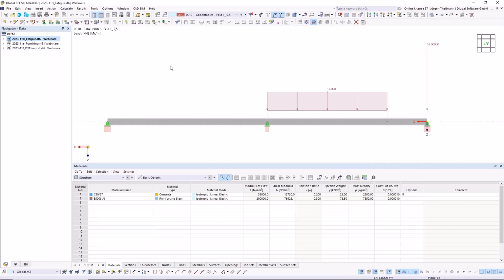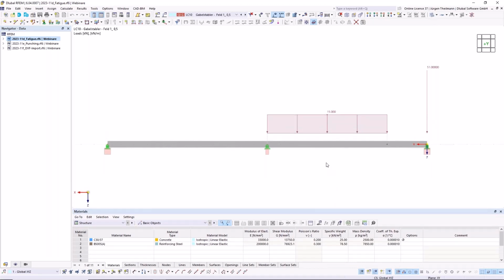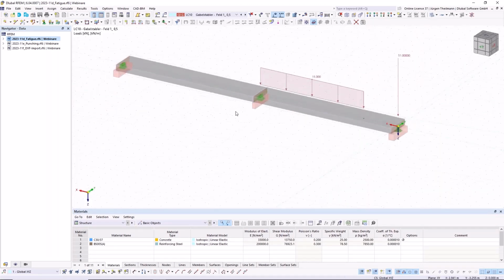First of all, I will show you what I have here. I just collapse the tables a bit so you can see the model I have here. This is a member model, but you can also perform the fatigue design on surface models. And this is a kind of traffic route. This is a ceiling in, let's say, some kind of factory where you have traffic for maybe forklifts who drive around, and you can see in the load cases that this is kind of a moving load from a forklift which is driving along this member right now.